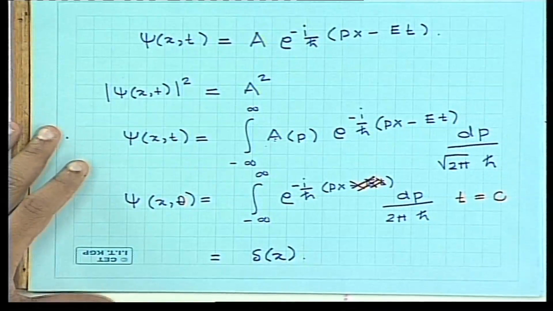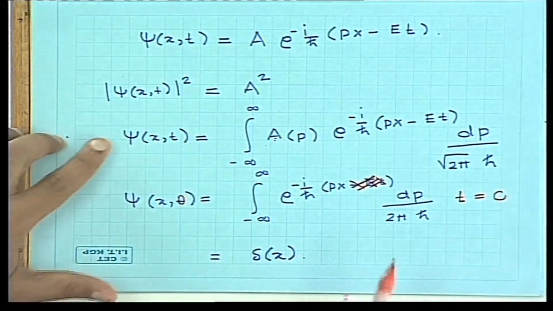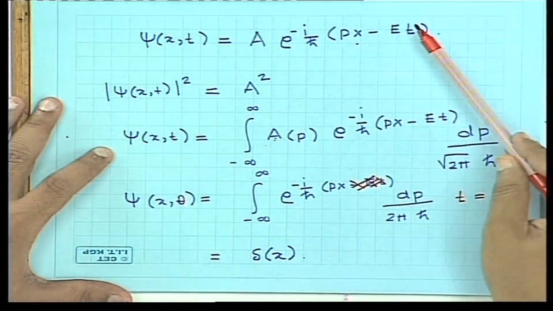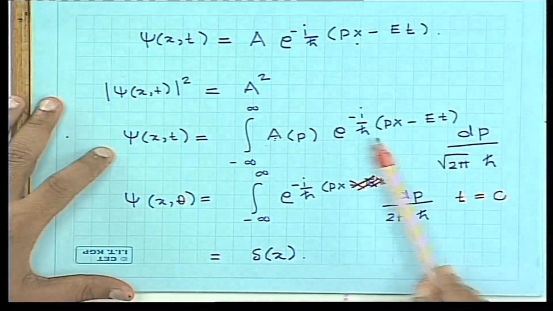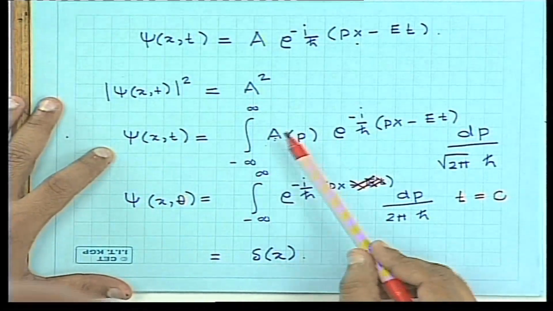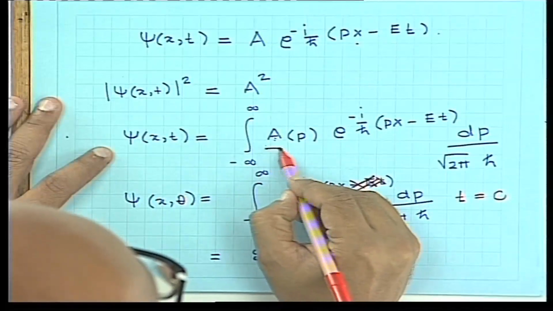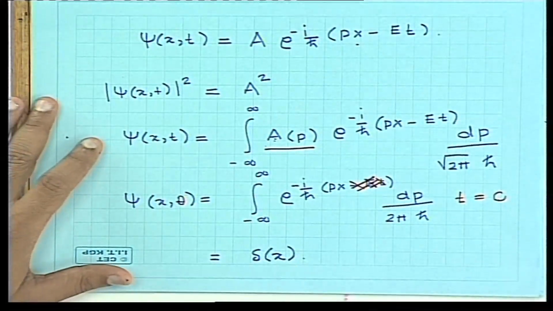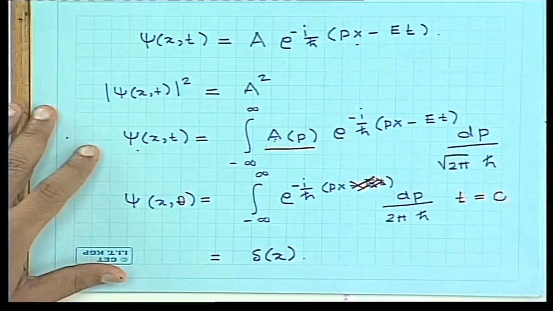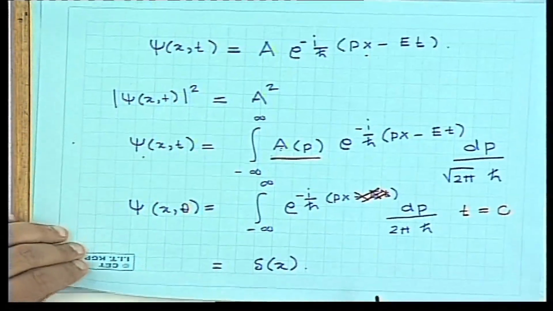Now if you are familiar with Fourier transforms, you will notice that this expression, the relation between psi and the plane wave with a fixed momentum, is nothing but a Fourier expansion. So the coefficients of the waves with different momentum, a of p, is nothing but the Fourier transform of this wave function. And we can also invert this